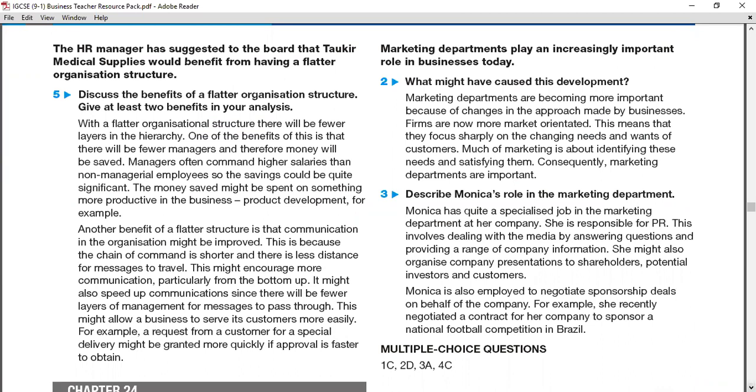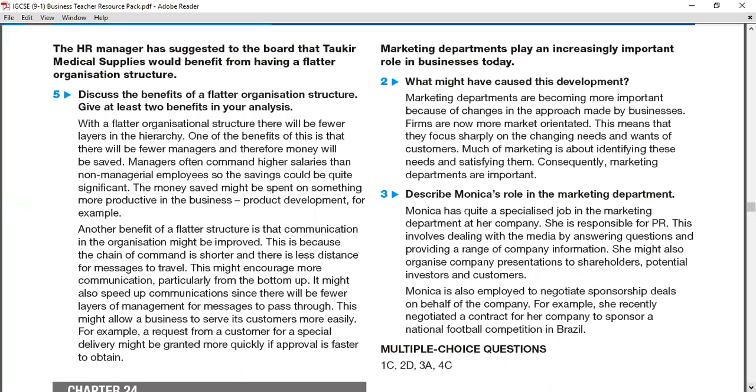The command word discuss is not in our syllabus anymore, so it's actually analyze. So analyze means you can write discuss the benefit or analyze the benefit of a flat organization structure. So give at least 2 benefits. Yes, in every analyze question you have to write 2 points. You can see 2 points: 1 point and development, 1 point and development. So 1 mark for the development, 2 marks for the application. AO2 and AO3 we normally check in an analyze question.